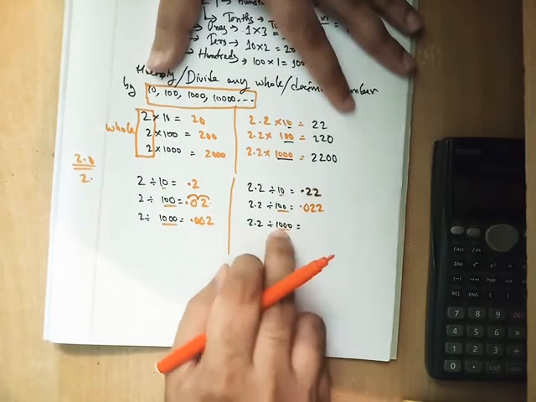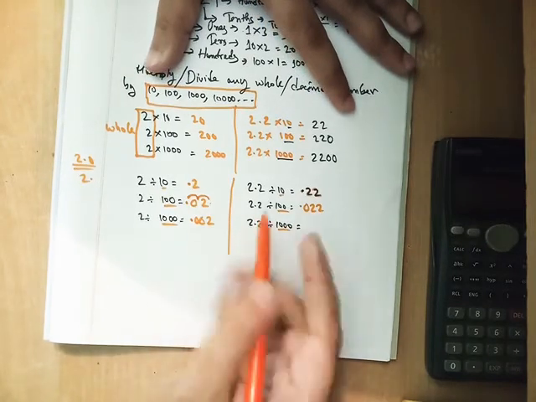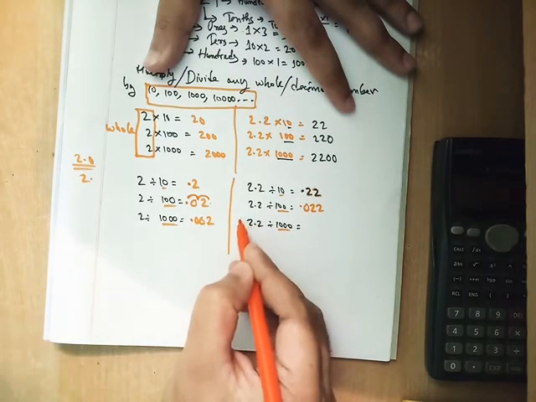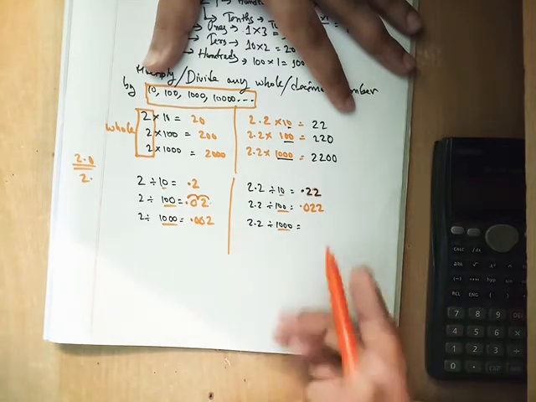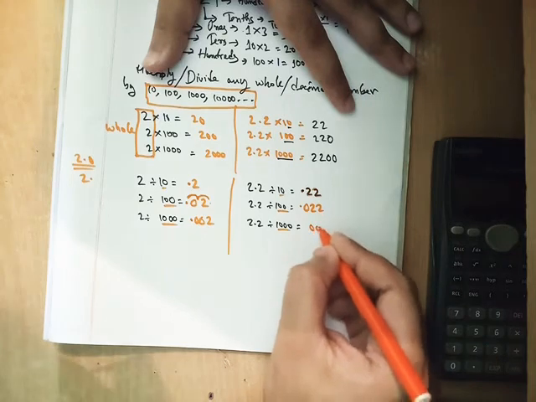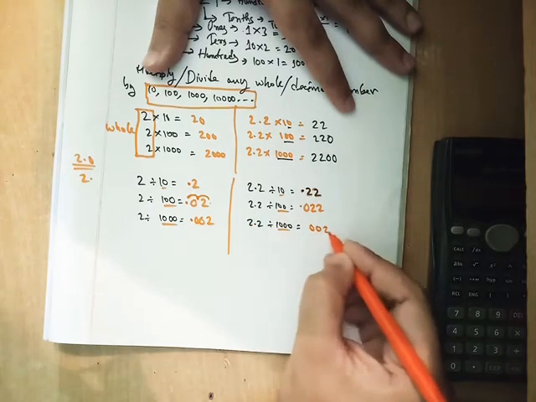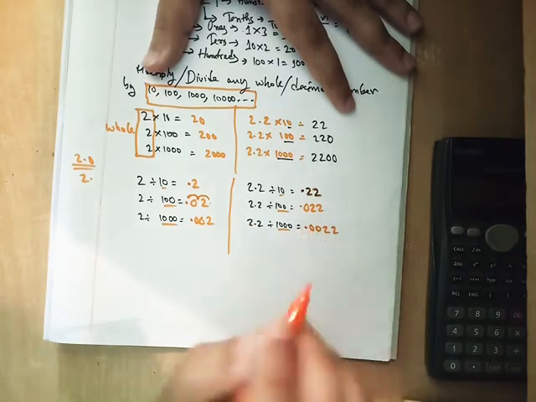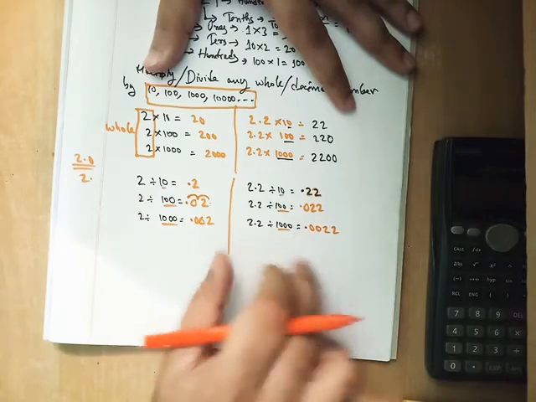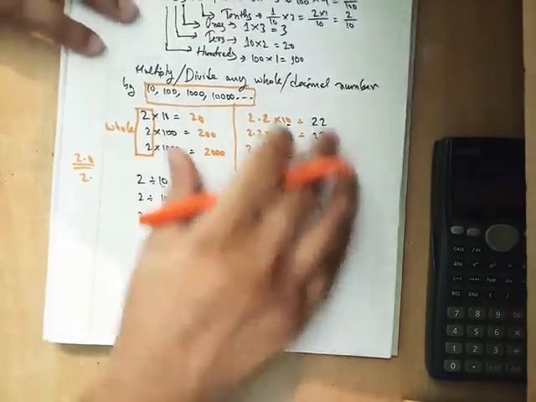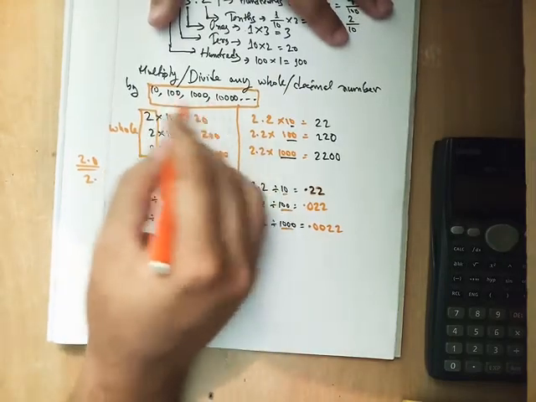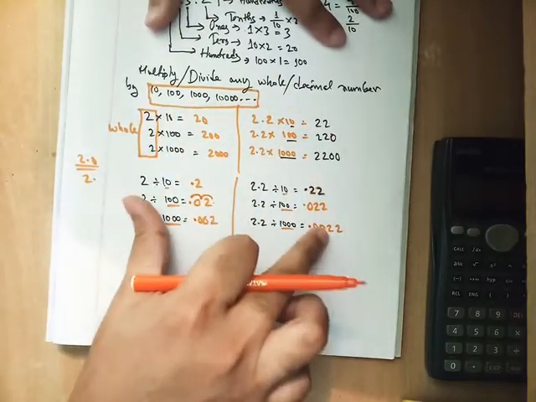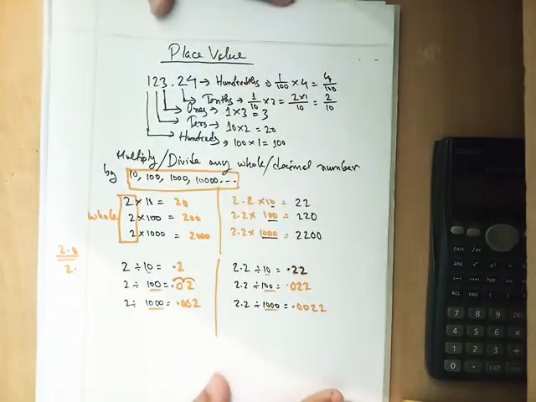And in the third division, I have 3 zeros, so the decimal point from here will move 3 places to the left, but I have only one digit, so there are 2 vacant spaces which I need to fill up with 2 zeros. So 0, 0, and the rest of the digits, 2, 2, and the decimal point moves here, right? So this is what happens when I am dividing or multiplying any whole or decimal number with this series of numbers. Now why do I need to do it? Because the topic that we are going to do over here today is